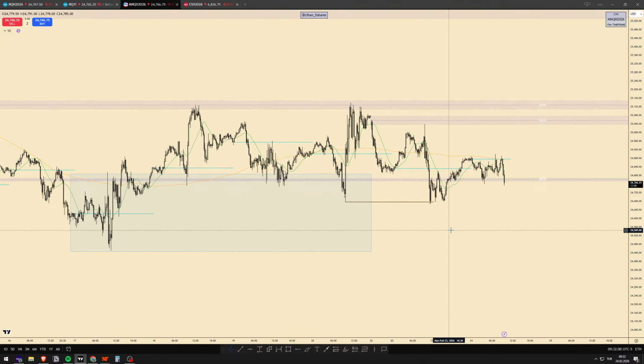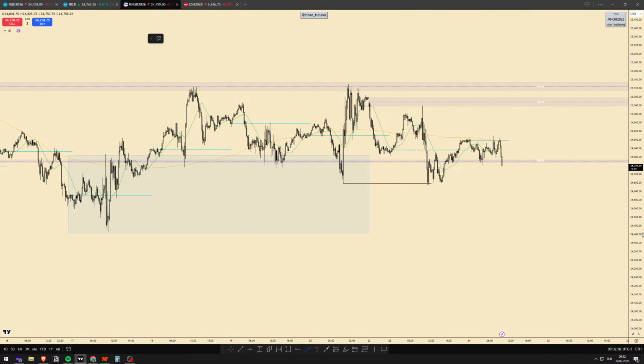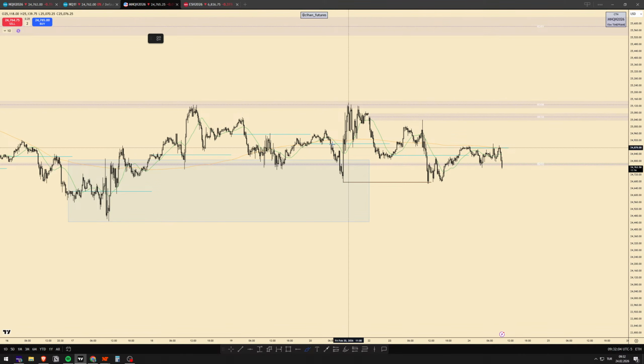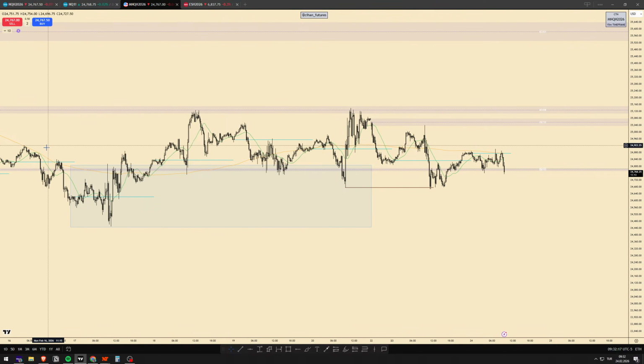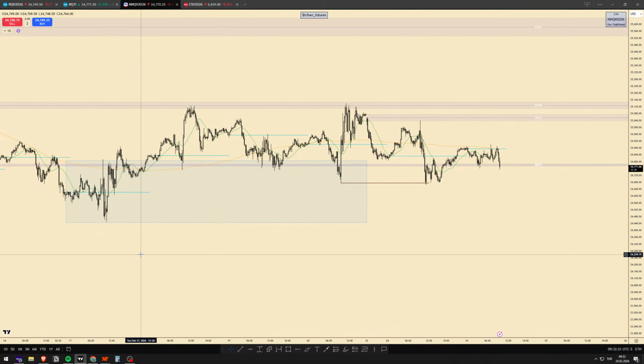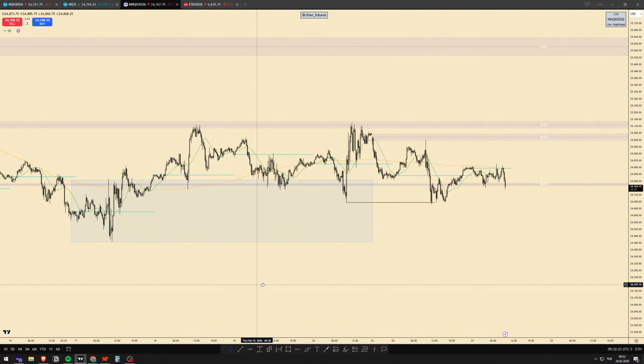Think of it like the SBS idea. This market liquidity cycle is very similar to SBS. There is no big difference between them. The only difference is this requires a consolidation area and some imbalances when price leaves that area, or maybe